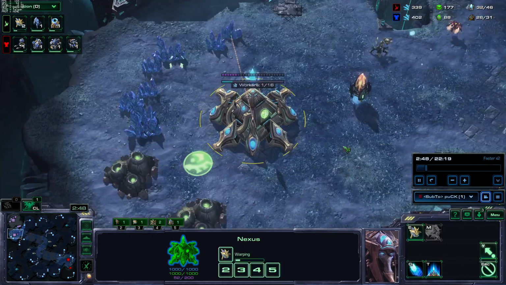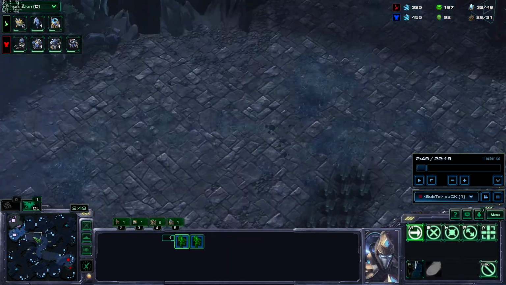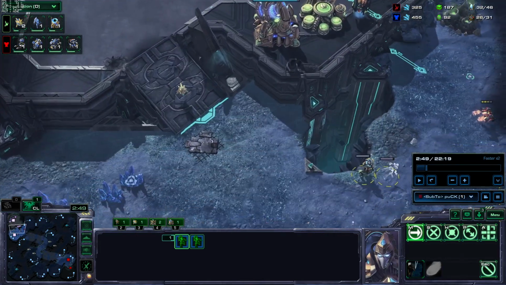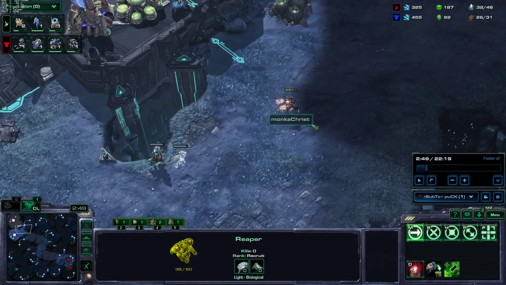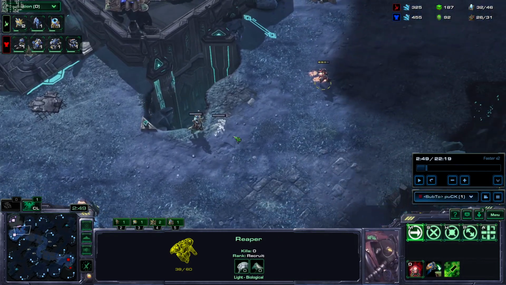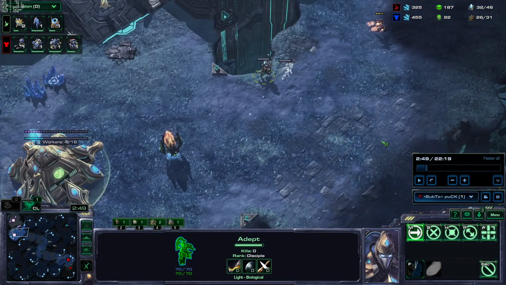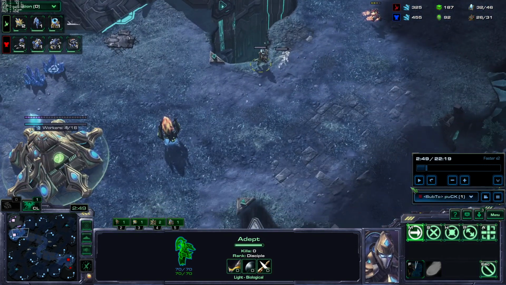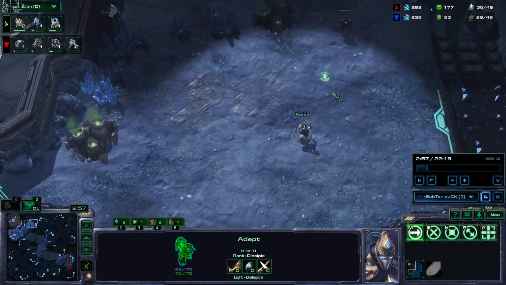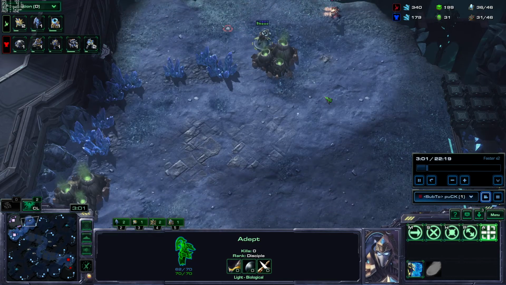You just kind of want to stick around. You don't really want to send this Adept across the map if the Reaper's on this side of the map. Otherwise, he'll go in and kill many probes. Also, you can kind of zone him out a little bit and put down your tech a little bit earlier if you keep the Adept back, depending on how well you micro and zone out the Reaper, of course. But I think I actually get the kill here, which is very...